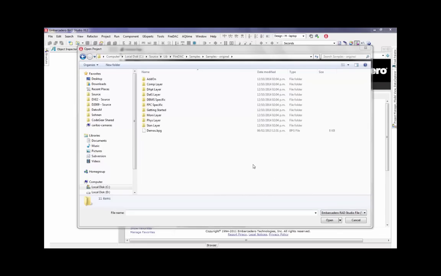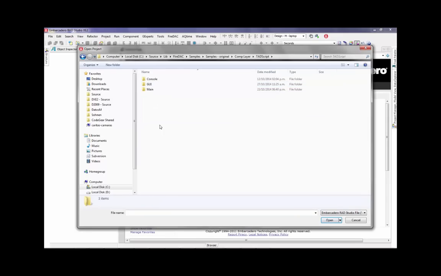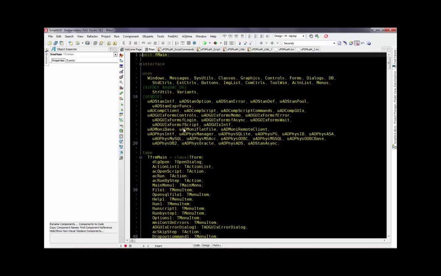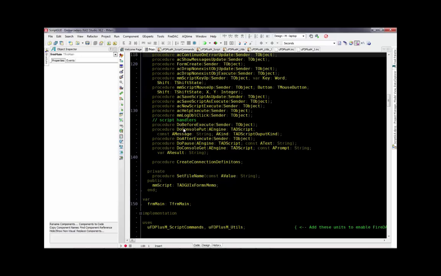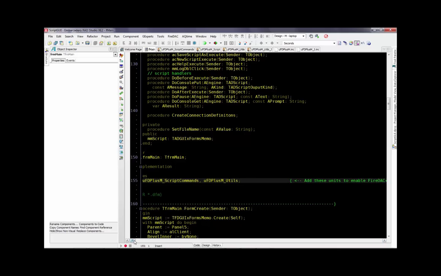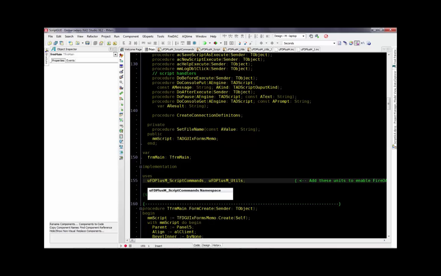So let's open the sample graphic user interface script executor located in samples, compiler, script GUI, script GUI. Once you have it open, we need to do some small modifications. First, you need to add these units, which provide the extended registry and commands that I'm showing in this presentation. Once you have added these units,